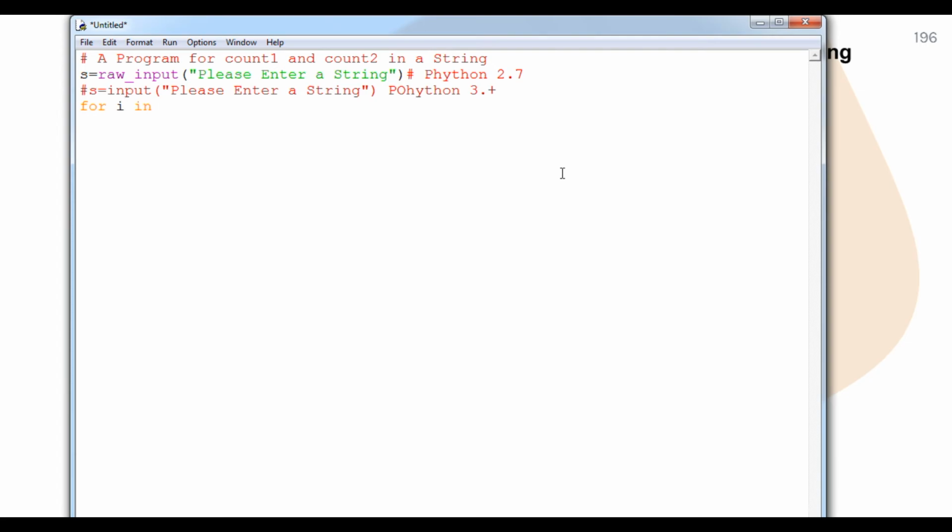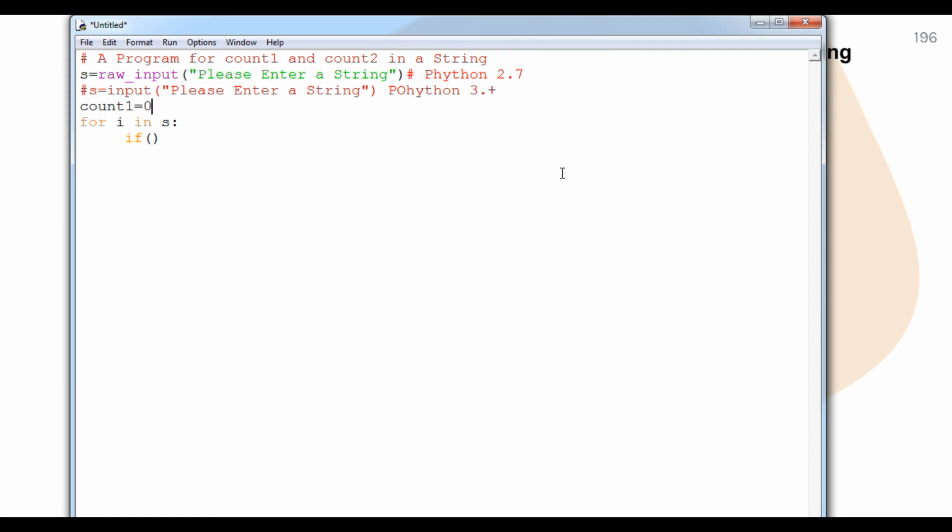We could run I in a range, but then I would have to calculate the length first. To overcome this problem in a program, I will definitely use s. Why? Because s is now a string, and a string contains a number of members or elements, and we are using the membership operator, so we are using for I in s. Here we are going to access it one by one. I am just going to traverse it. Now we are going to check. So before this I will use two counter variables, student.